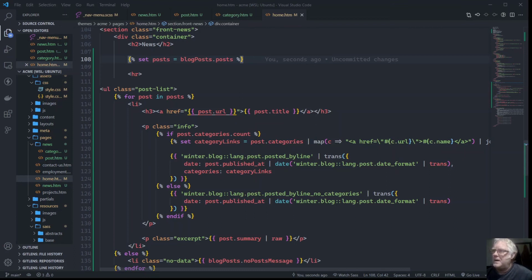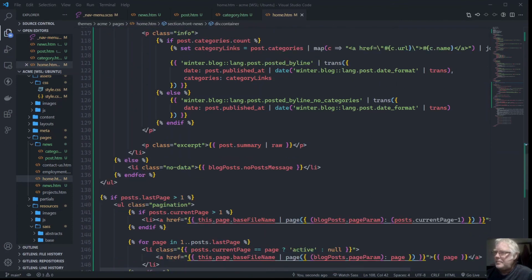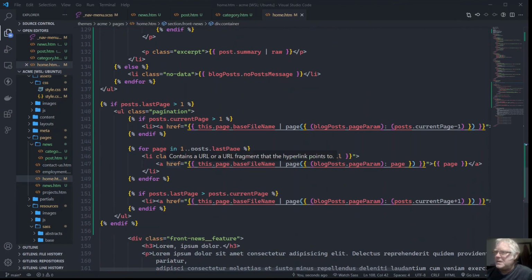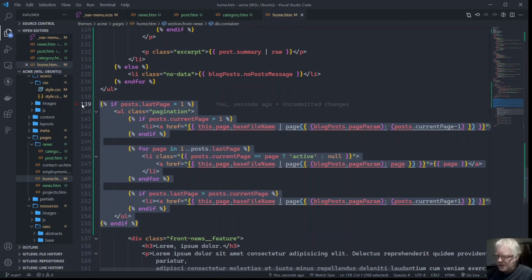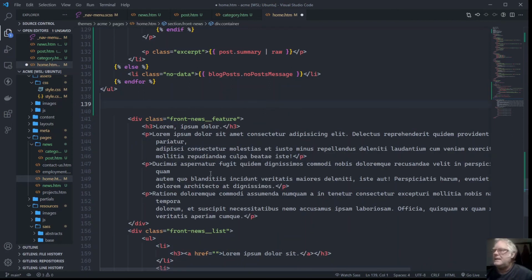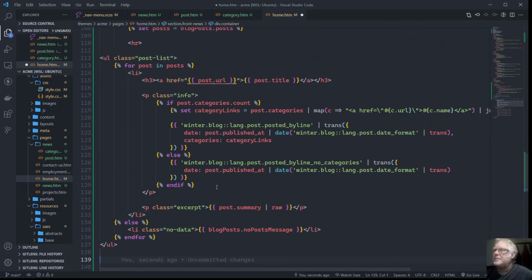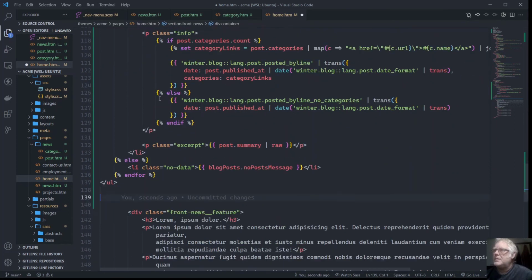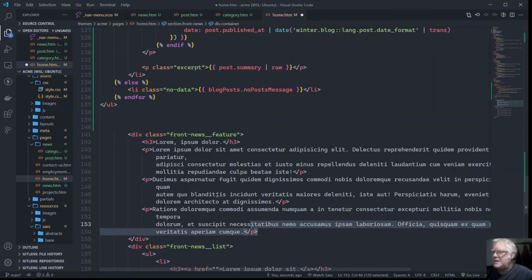If we look at what's going on in here, we've got a for loop. We've got for posts in posts. So what it's doing here is grabbing the post title and the post URL. This is kind of useful, and we've got some pagination happening here. Now, we won't need the pagination, so we'll clean that out, and this is going to be where our first post goes. So, posts in posts. Let's get rid of this stuff here,